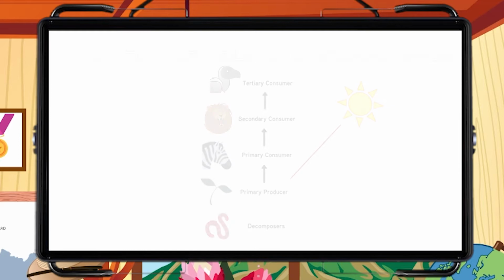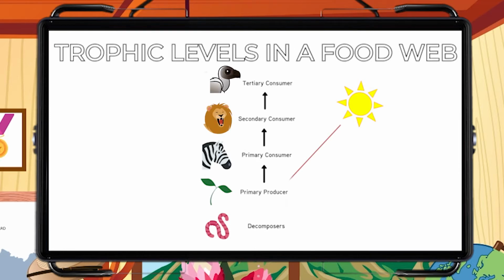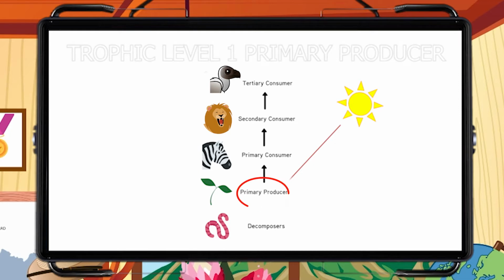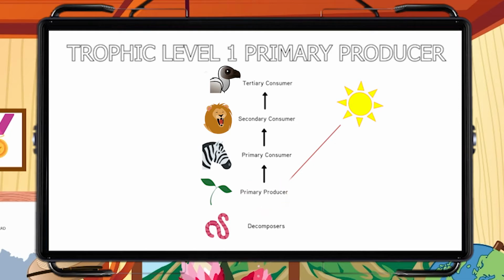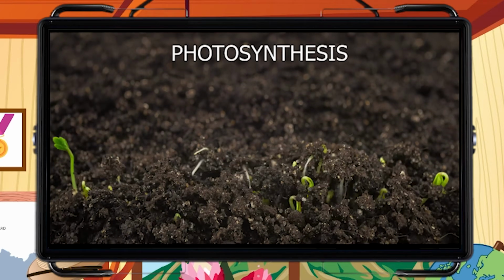Feeding relationships connect all the plants and animals in an ecosystem. There are different levels in a food web. These are called trophic levels. Plants form the foundation of these feeding relationships and are called primary producers. This is because plants produce food for themselves and other living things through the process of photosynthesis, which takes place